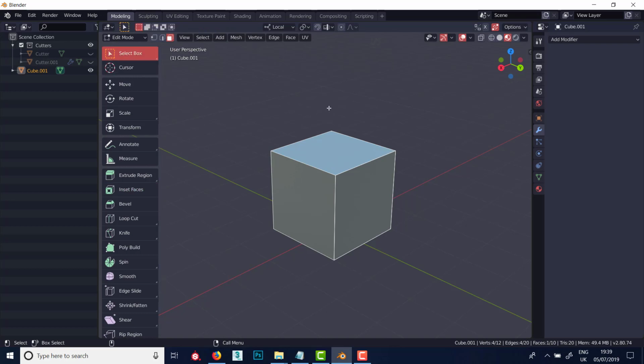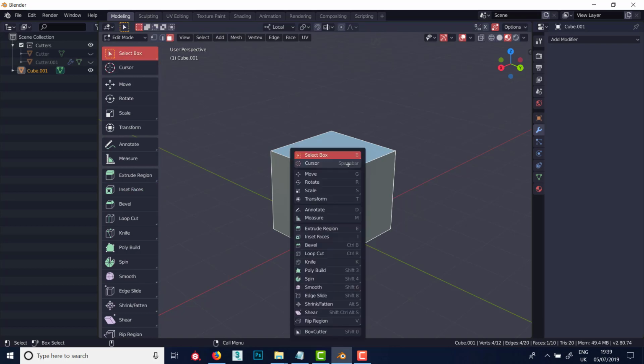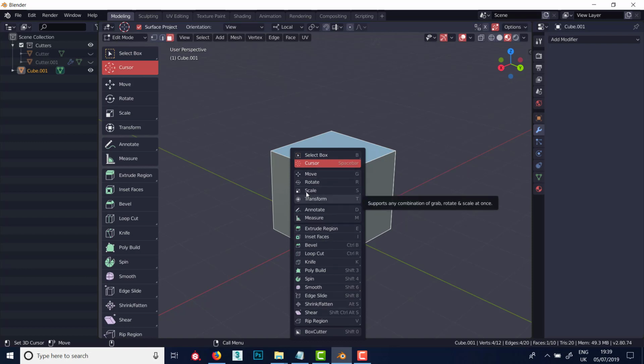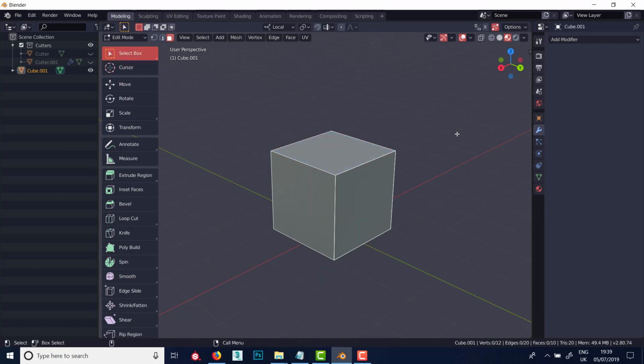So I'm going to go back to select box, and I can also access all these tools by pressing spacebar, if you have your preferences set up for this to be the default, and I showed that in earlier videos. So back to marquee selection. So now if I select the face and press I for inset, I'm not holding down the left mouse button now, and all those same options up the top are available. So I'll hold control,